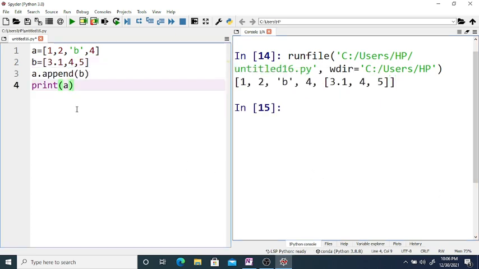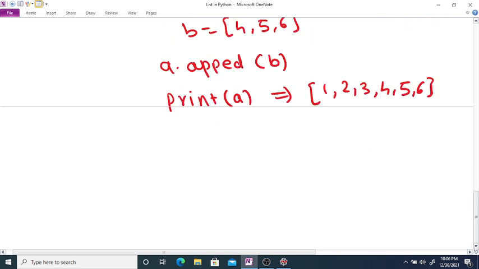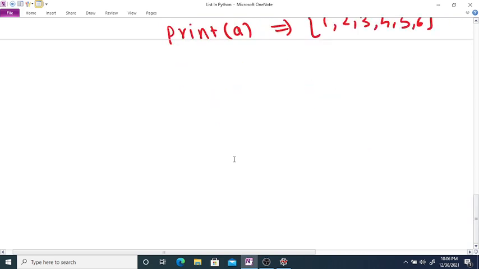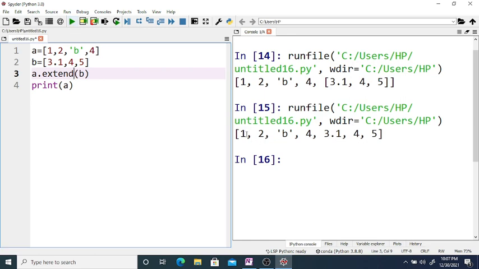Sorry, we use extend, not append, we want to use extend. If you use extend, you get 1, 2, b, 4, 3.1, 4, and 5.